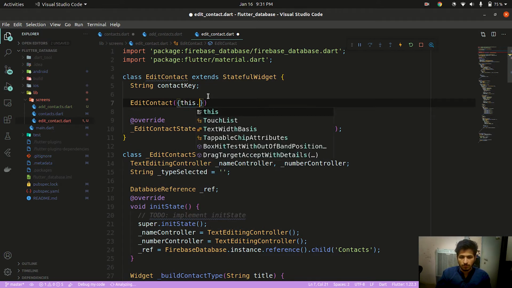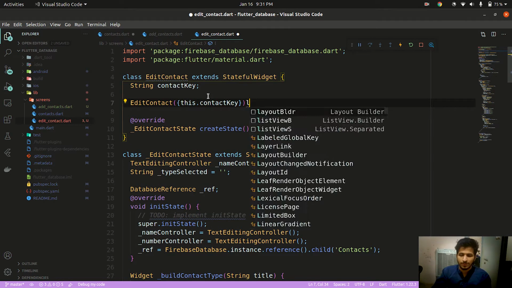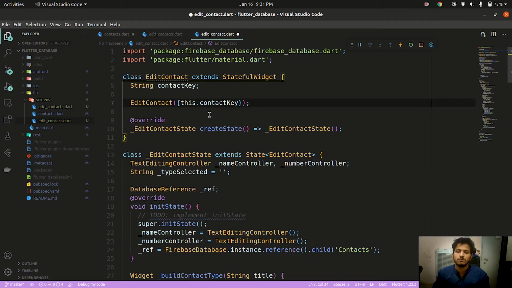And this, I prefer using named variables. I just like them. You can omit this and just omit these brackets. I just love using named parameters, so I always use named parameters like this, but you can omit it. It's up to your choice. Okay, so now we are getting this contact key in our edit contact.